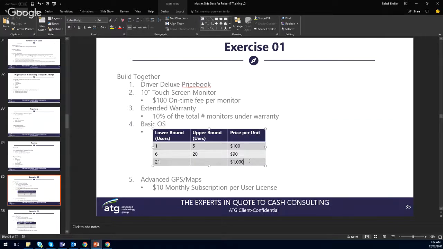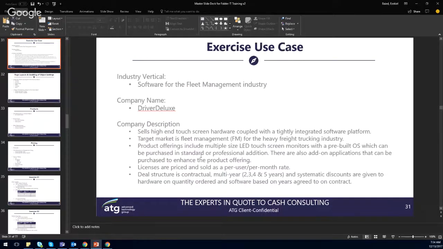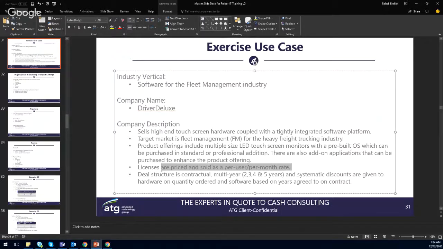That's block pricing. Block, essentially the way that it works is you fall within a certain group, and based on the group that you fall in, you would get that price. Generally with block, every tier is actually going up in price. Yeah, that's why I didn't want to confuse what the requirement said and how the pricing went. So sincere apologies there. There's a small mistake on how I priced things, but licenses are priced and sold as